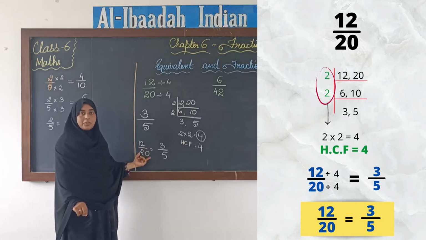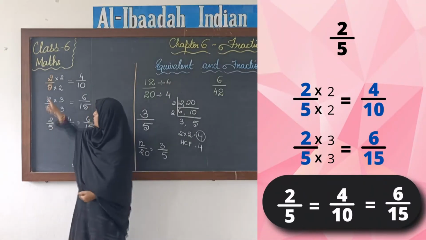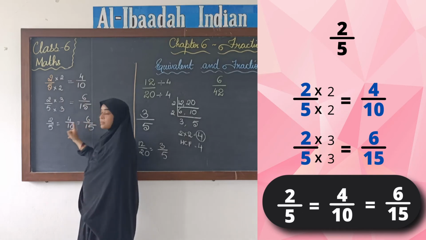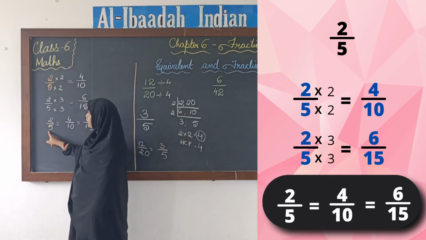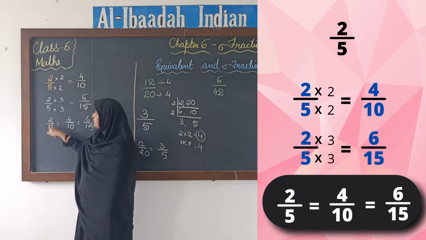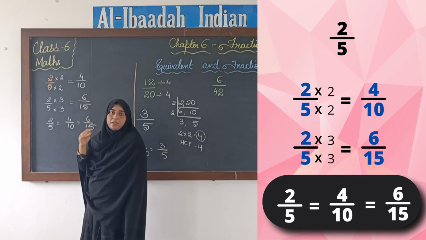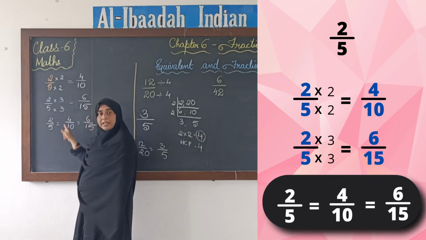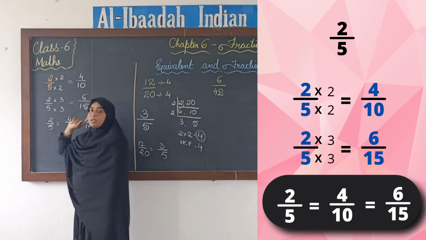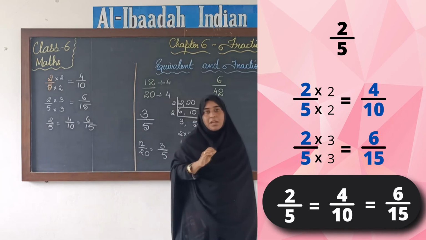Is it clear to you what we mean by lowest form? If you look here, 2 by 5, this is the lowest form of these fractions, because 2 by 5 we cannot divide with a common divisor. There is no common divisor for 2 and 5. No number will divide 2 and 5, no common number. Okay. So, when we do not find a common divisor for numerator and denominator, that form of fraction is called the lowest form or the simplest form of the fraction.